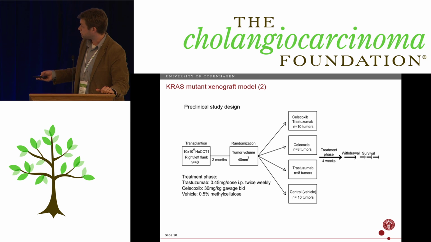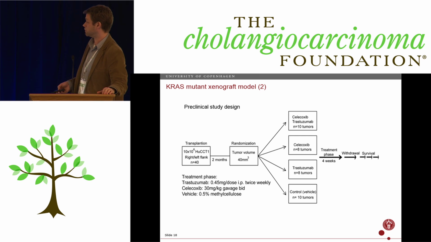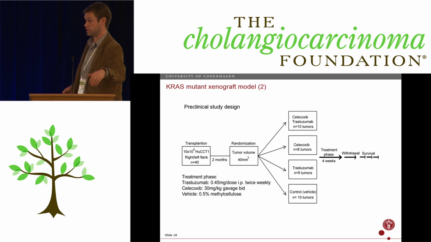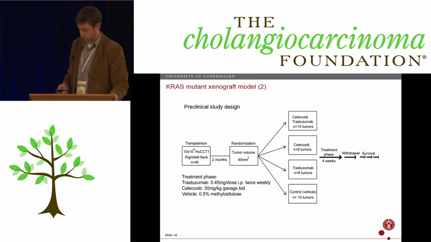We randomized after we could palpate the tumors, and we randomized into 4 different groups: control, trastuzumab, celecoxib, and celecoxib plus trastuzumab. And as I mentioned, that's where celecoxib comes in, or the COX-2 overexpression in the poor prognosis group. Then we have a treatment phase that ran for 4 weeks, and that is described here. We did a withdrawal to know if this was cytotoxic or cytostatic effect, and then we get into mouse surrogate survival until the veterinarians say you have to stop the experiment, not to be cruel with the size of the tumor and so forth.